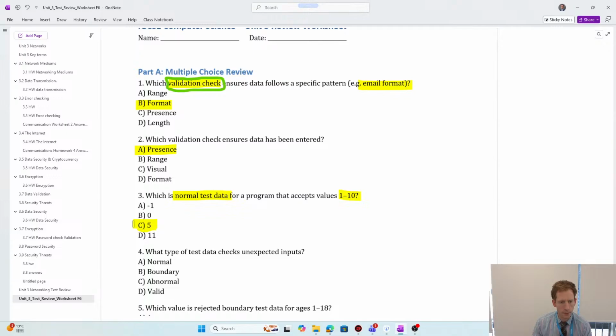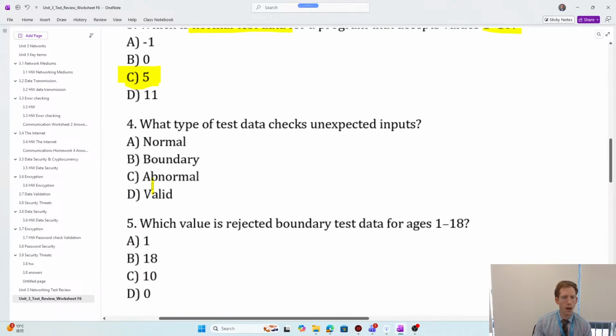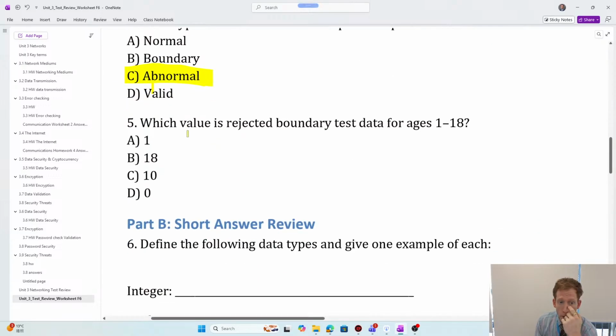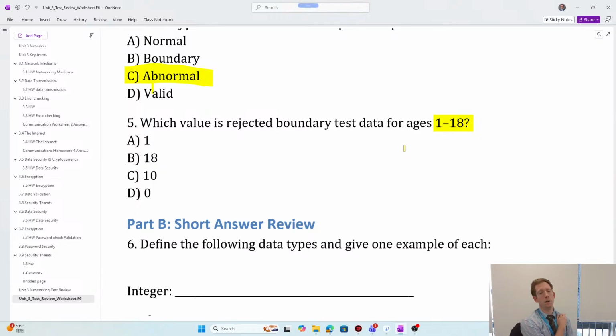Yes, the answer is 5, correct. What type of test data checks unexpected inputs? Yeah, good. Which value is rejected boundary test data for the ages 1 to 18? Okay, let me have a look. D, is D okay? Yeah, this is funny. There's 2 wrong things in this because,